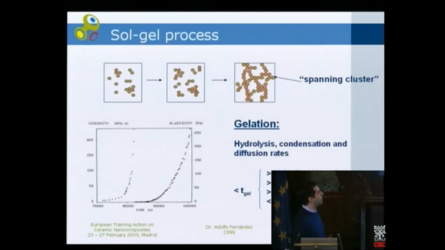The bonds between these particles are all of them similar, and the last bond, the only special characteristic is that it's going to lead to the formation of the spanning cluster. Obviously, the gelation time is going to depend on the type of material that is going to be prepared, and it's controlled by different aspects like the ratio of water to alkoxide in the solution. But it's controlled also by the temperature, the concentration of the alkoxide, and the alkoxide group size.